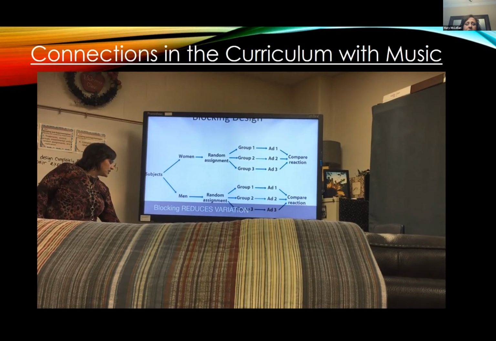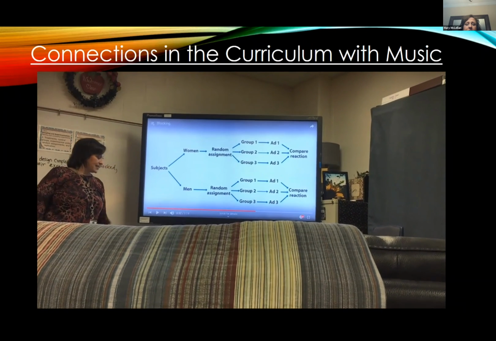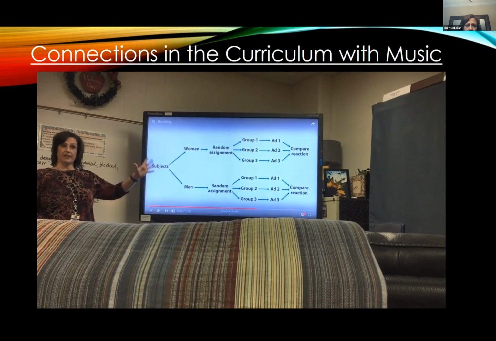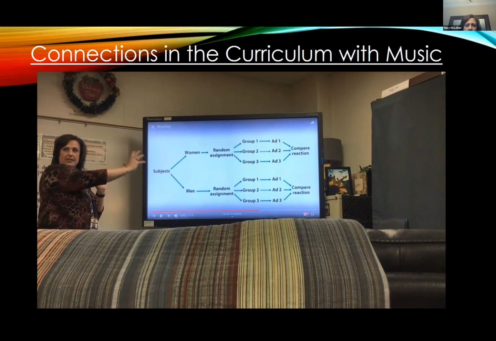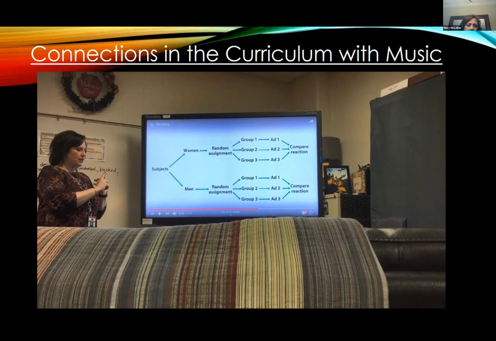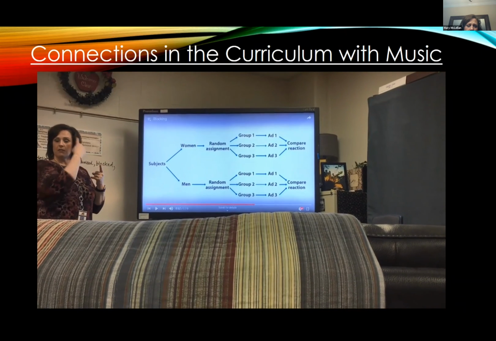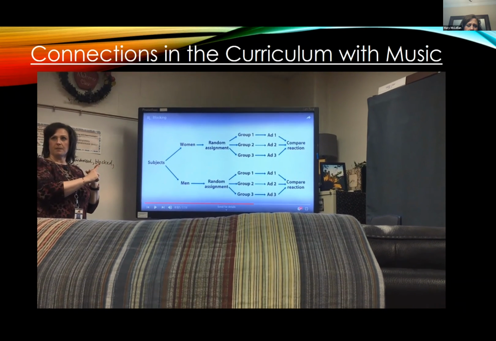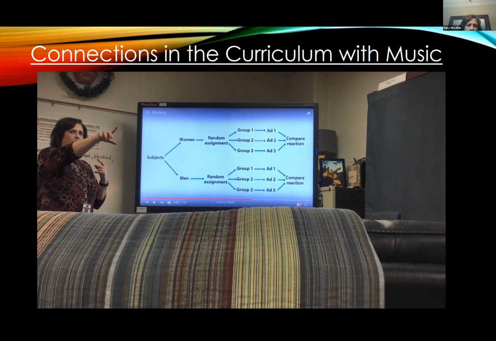Blocking reduces variation. Okay, now, let's take a look at this for a second. We've seen this format of experiments, okay? So I want you to look at this experiment and see what you think the response that we are measuring is. Okay, think in your minds from this picture, what response are we measuring? Okay, so what do you come up with?